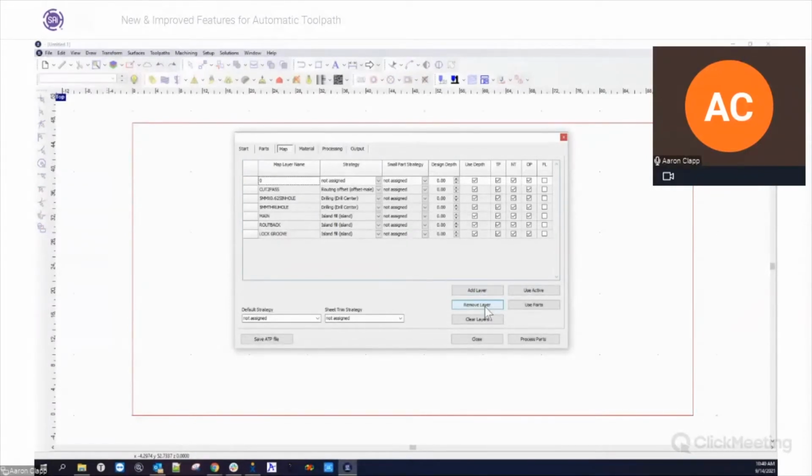If you're doing this manually, if you're not using a list file, you're probably going to add and remove layers as necessary. Or if you have an active layer, you can use active layers. Again, this option is for those who are using the non-application method. In this particular case, because we've loaded a bunch of parts into my parts list, I'm going to say use parts, and it'll automatically fill in